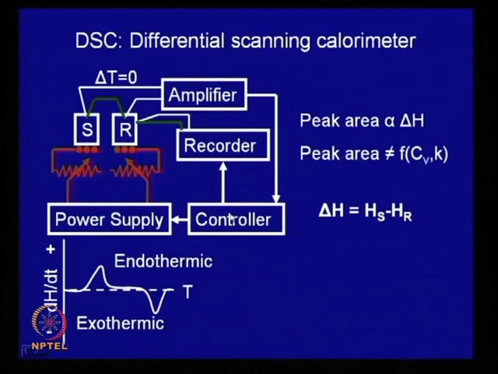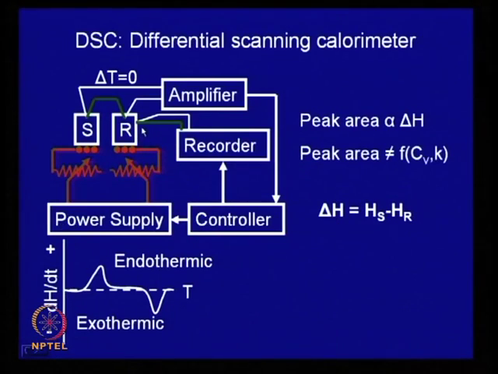And what the controller does is try to control this temperature difference; it will try to keep it at 0. That means it has to supply a differential power supply: a different amount of power will be supplied to the reference material and the sample. And in fact, what you are going to measure is the heat, the power supplied to the sample and the power supplied to the reference material, and this difference per unit time is plotted on the y axis,